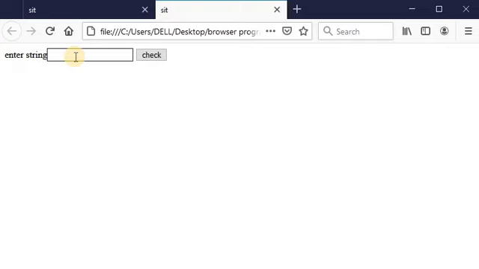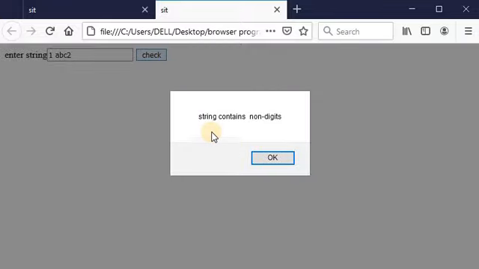Suppose here I am writing 1 ABC and 2. Here also string contains non-digits, meaning if the string contains at least one non-digit, it returns true. Here a non-digit is there. Okay.